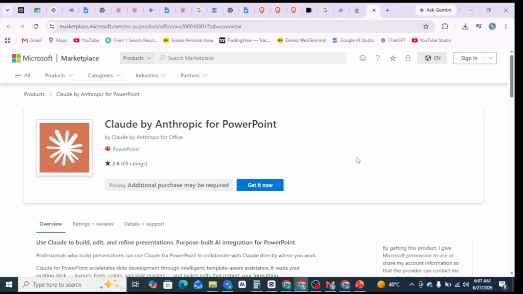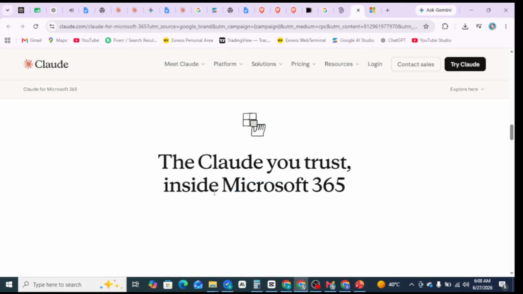Before you create your first presentation, load your corporate or branded template into PowerPoint. Claude reads your template, understands your fonts, colors, slide masters, and design layouts, and then generates slides that match your branding automatically. If you start with a blank presentation, Claude will create generic-looking slides. If you start with your branded template loaded, Claude will create slides that look like they belong in your company's